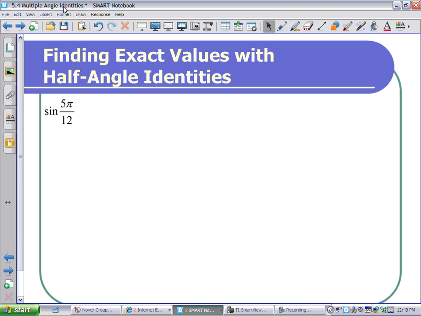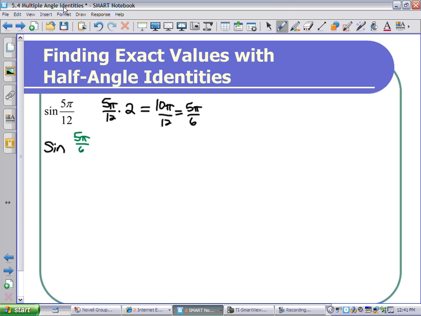If we want to know what the actual full angle would be, if you take 5 pi over 12 and multiply it by 2, it now becomes 10 pi over 12, which is going to reduce to be 5 pi over 6. So if we look at sine of 5 pi over 6